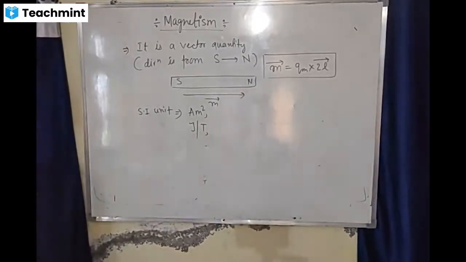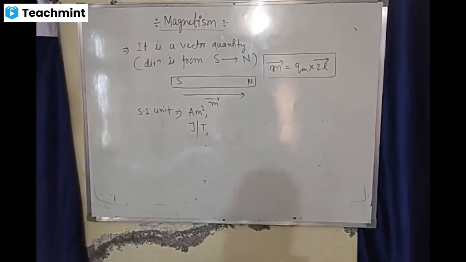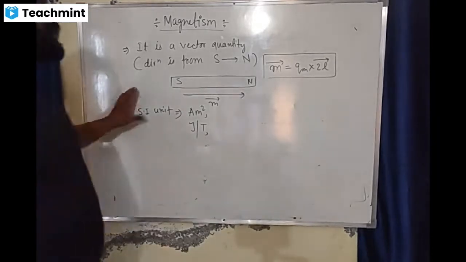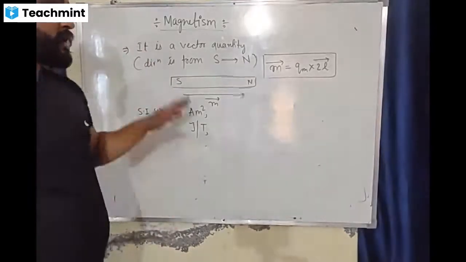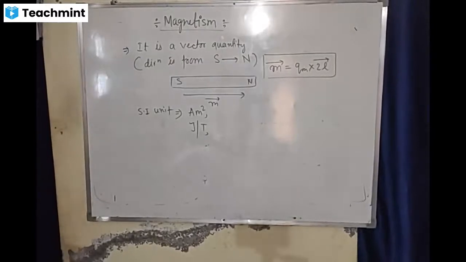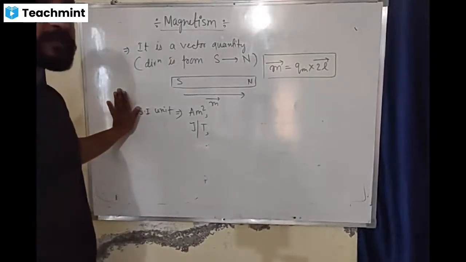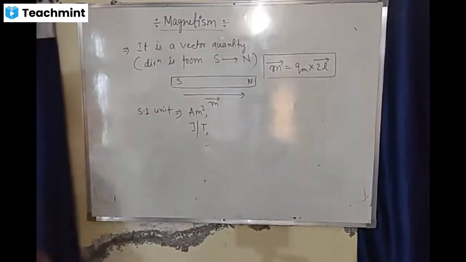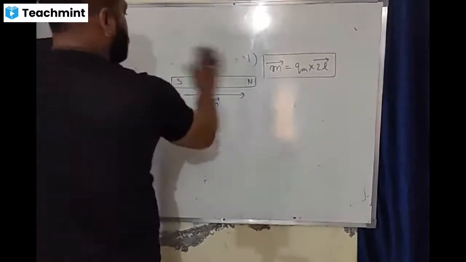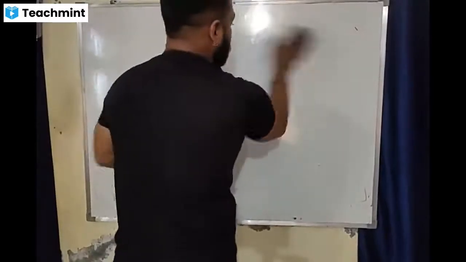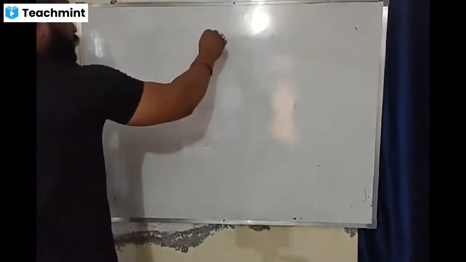So now let's talk about how a current carrying circular loop will behave as a magnetic dipole. There is always an analogy between electricity and magnetism. You have to remember this, but most of the part is removed from your syllabus, so we are not going to discuss it. But some of the relationships I can tell you over here. So what are these relationships? The analogy between electrostatics and magnetism you can see over here.